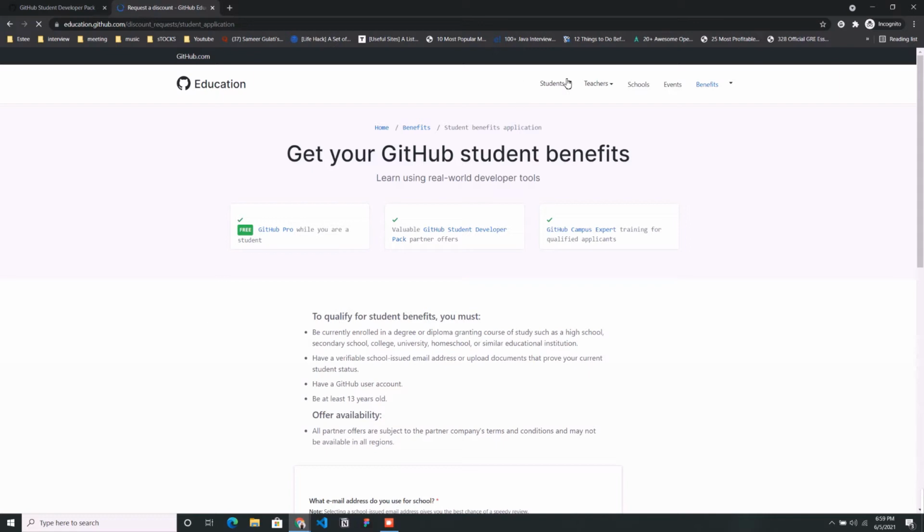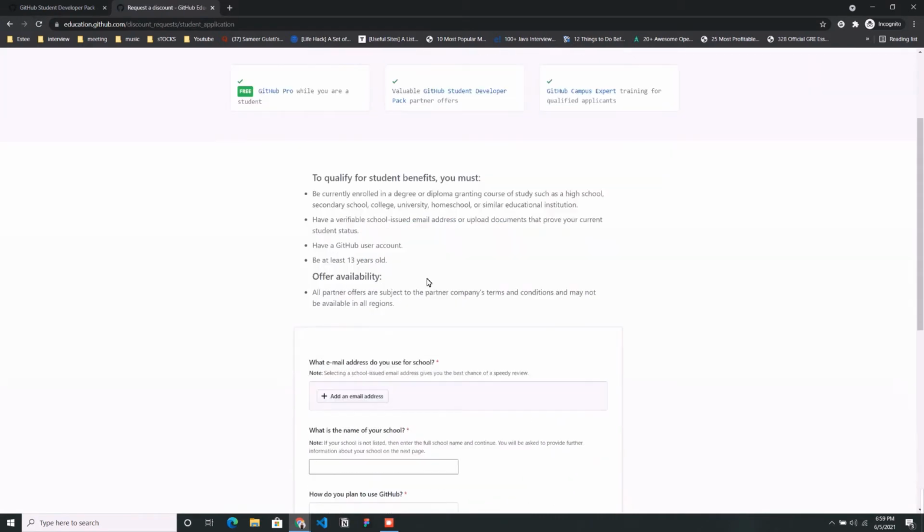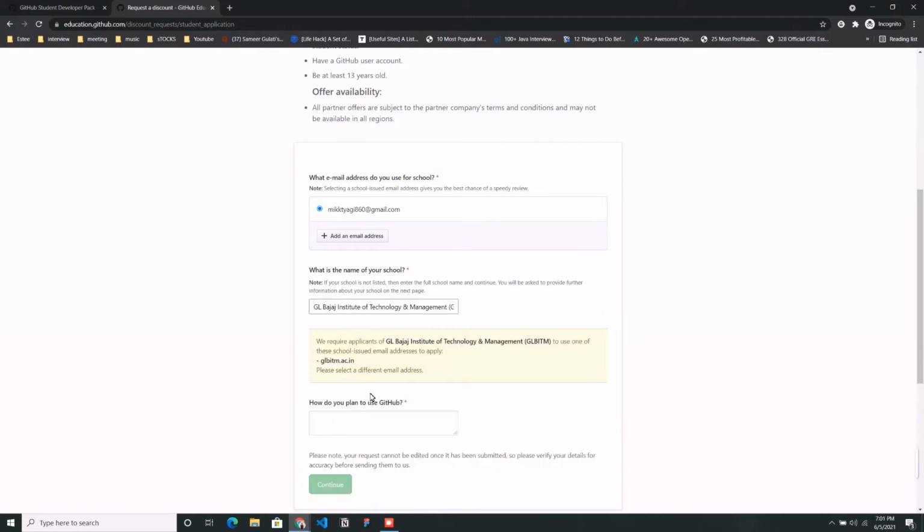And the important thing here is that you can apply with your personal email ID. Then it will ask you to upload a document which verifies that yes, you are a student. Or you can apply with your college email ID, student email ID. The benefit of applying with the student email ID is that your application will be approved quite faster in case of an education email ID.